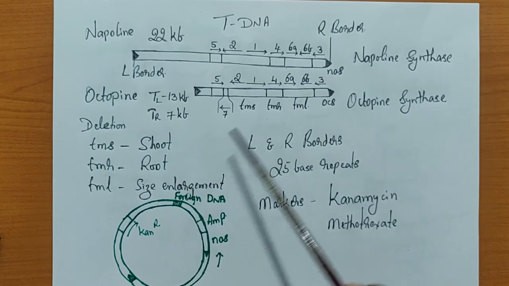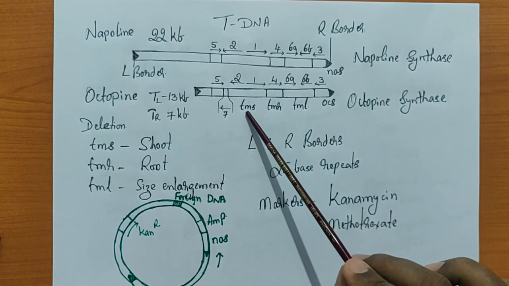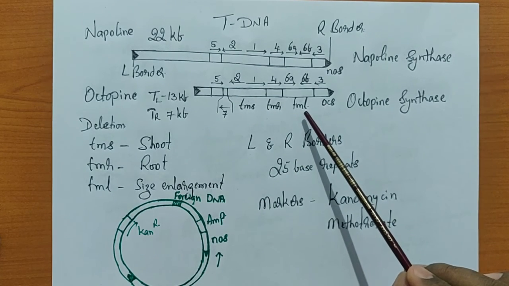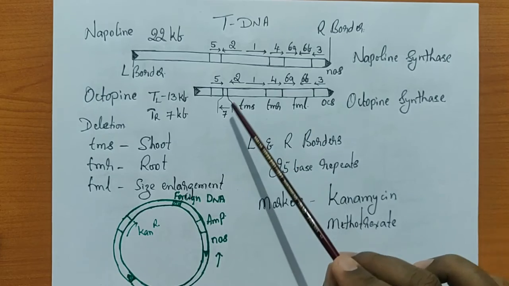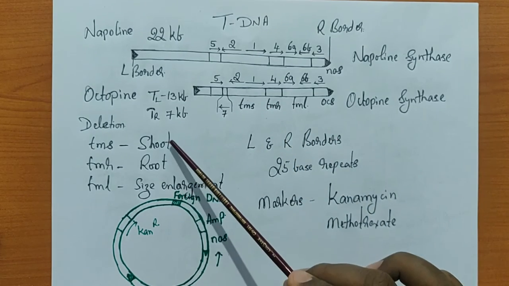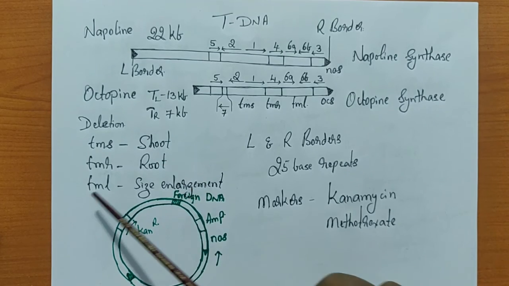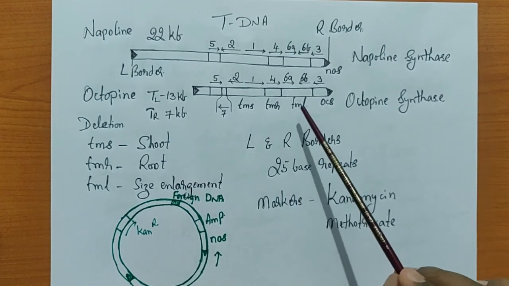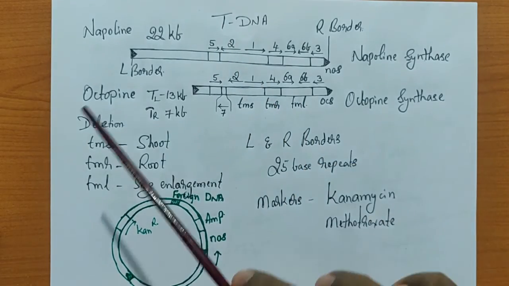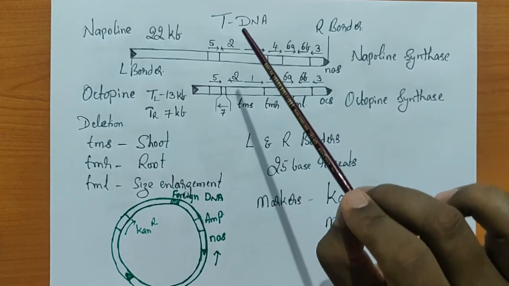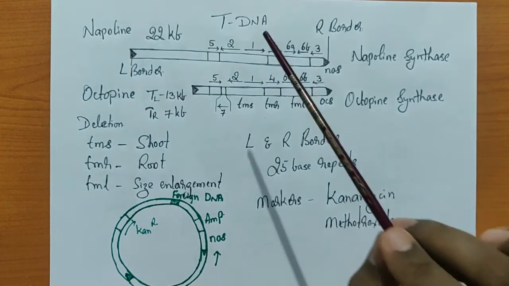So in other words, the presence of these virulence genes, TMS, TMR, and TML, suppresses the differentiation into either a shoot or a root, or causes size enlargement. So they are very, very important in case of a tDNA. Okay, now this is the complete understanding of what exactly is a Ti plasmid, and in the Ti plasmid you